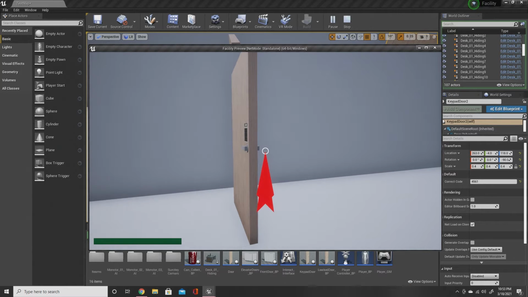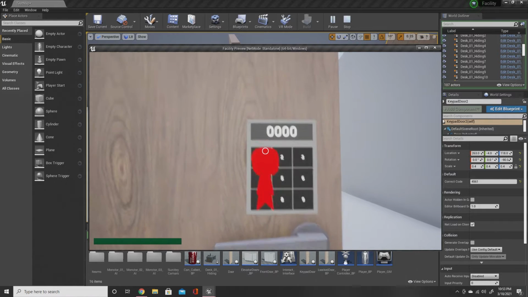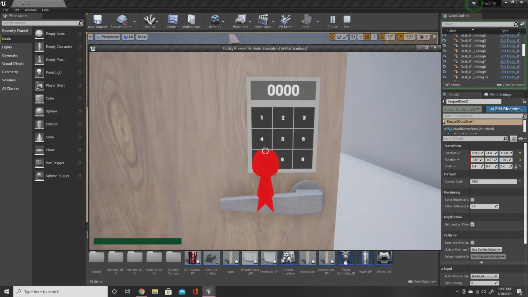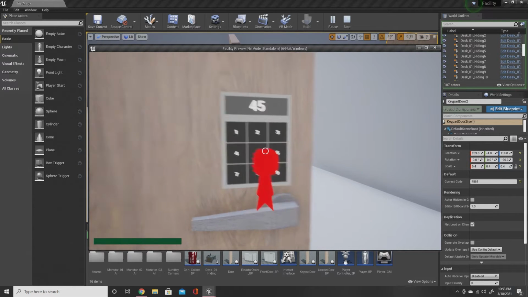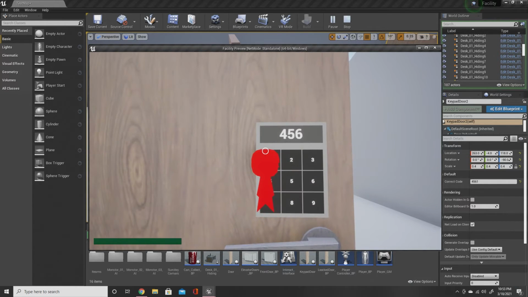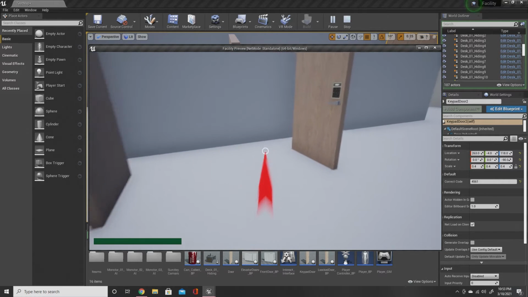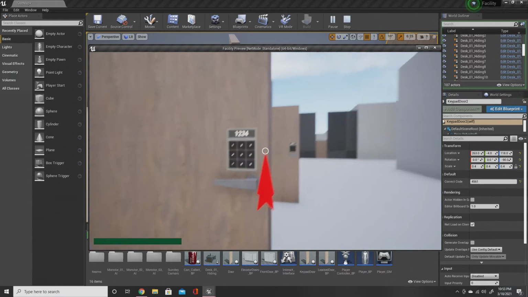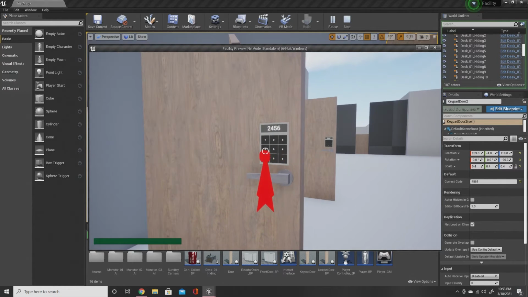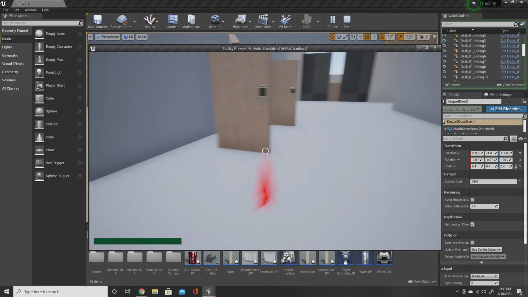4, 5, and once they're open, they're maybe shoved into a wall or something. And also, I won't be using that door. I'll be using a different door. But that's